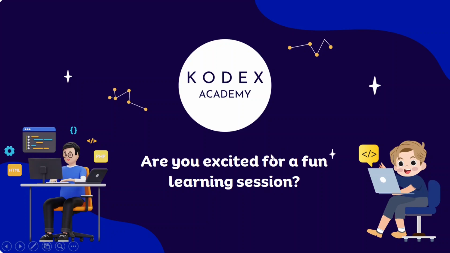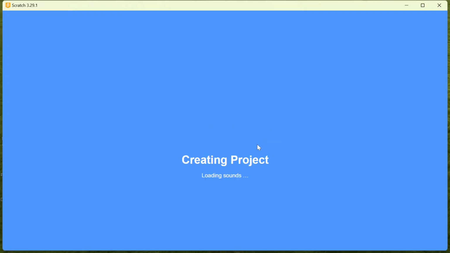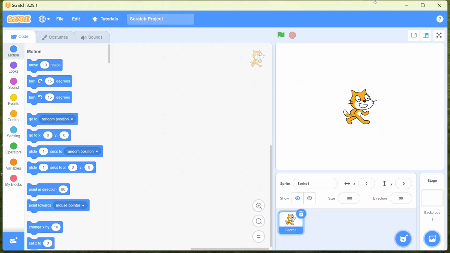So here we are. When we open Scratch, its interface looks like this. You can see there are many things. Here some block codes are written over here. You can see there are two screens, one this side, and here there is one character you can see over here, and multiple options. One by one we are going to discuss all these options, how they work.